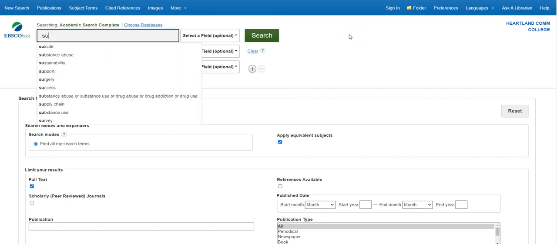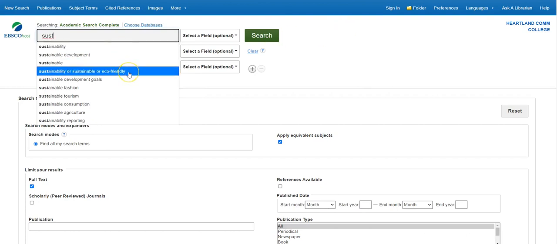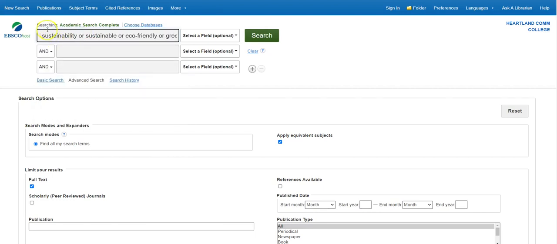I'm going to search sustainability or sustainable or eco-friendly, actually, or green or environmental. I want that whole set of keywords. That is going to tell this search engine that I want any of these words included in my search,